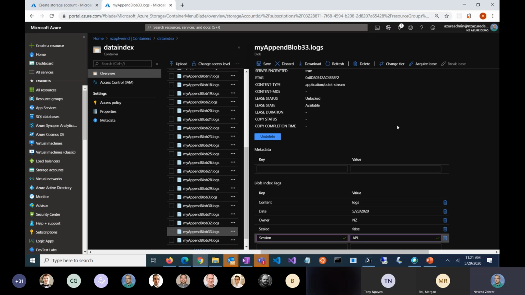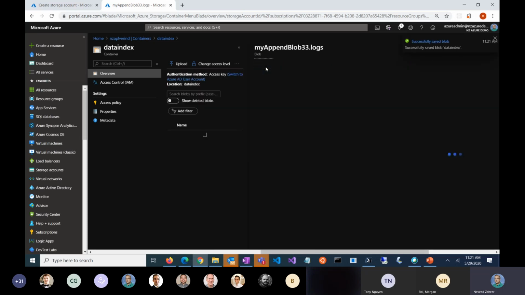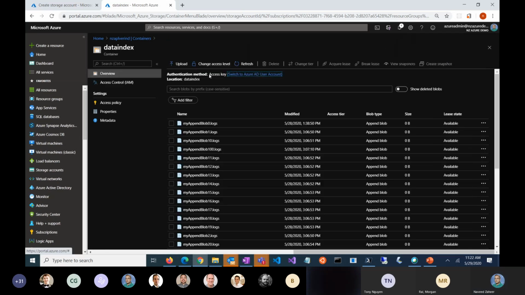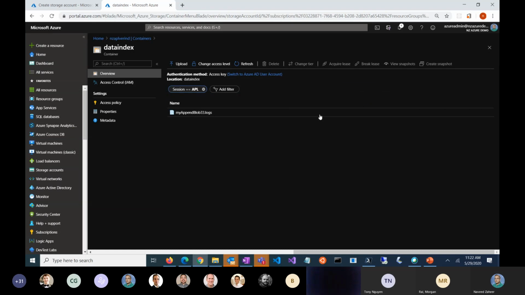So we set that value and saved the blob, and now once again we can do a filter, session equal to APL. See, so I know it's a very simplistic example, but the point is that you can go in,